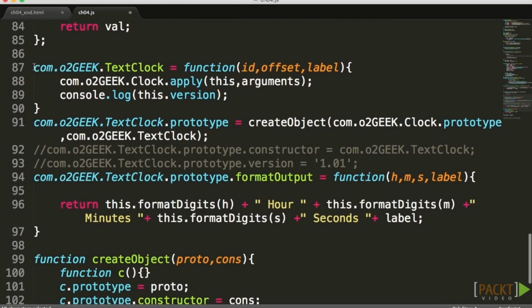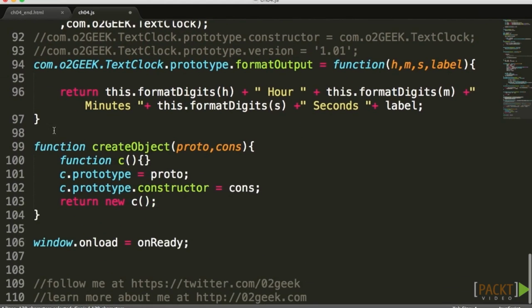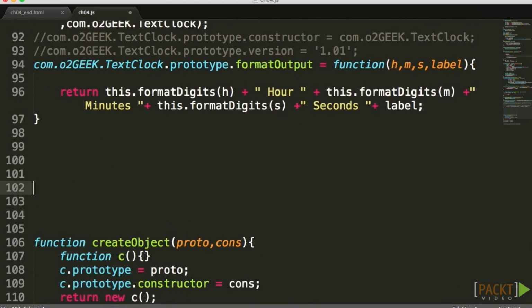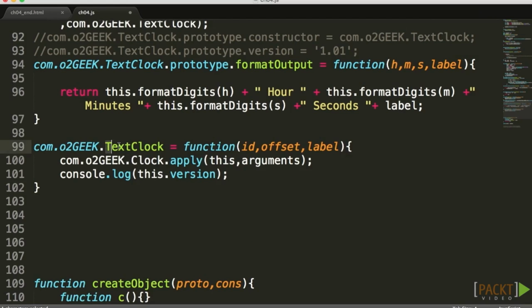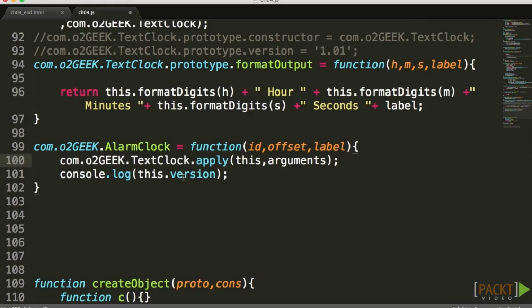So to do that, I'm going to go ahead and copy the same constructor that I have there because I want to start from a very similar place. Let me just break the lines here a little bit. But I'm going to call it instead an alarm clock. Beyond that, I'm not going to call the clock, I'm going to call the time clock, the text clock that is. So all of this here seems to be the same, but don't forget that we also added here 2